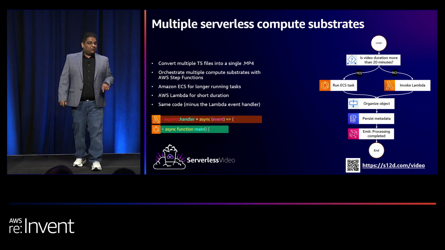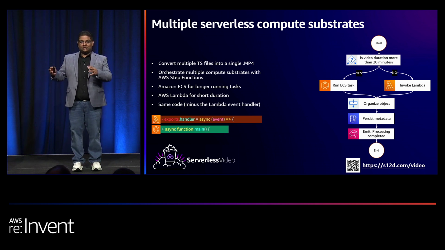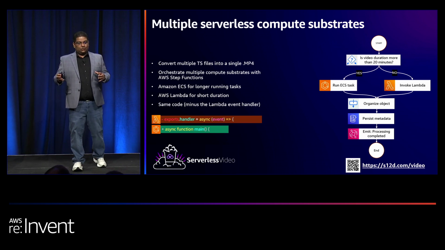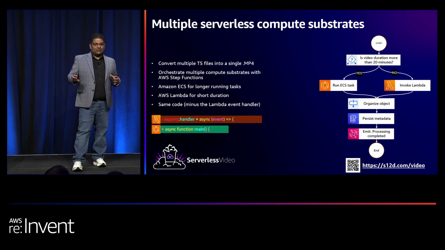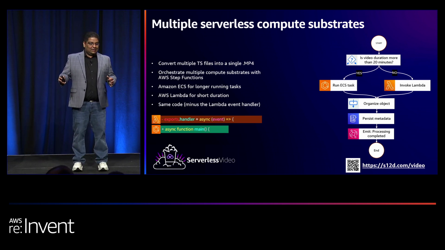We talked about this. If you have a core functionality of working on a video, you want to port that over from a Lambda function to ECS, you can easily do this. If a video is 20 minutes or longer than 20 minutes, I want that to run on an ECS task. Then I can port over the same code and run it in an ECS task as long as